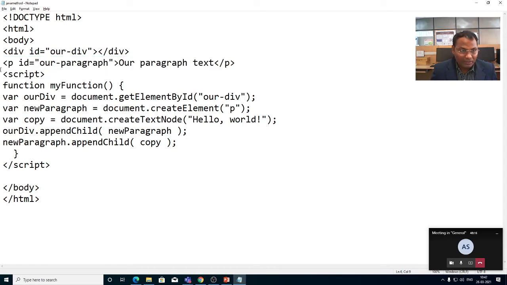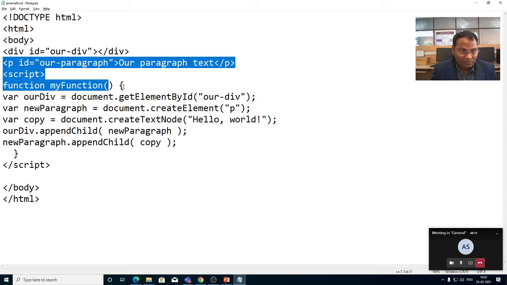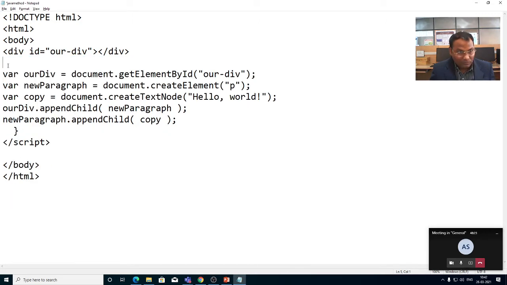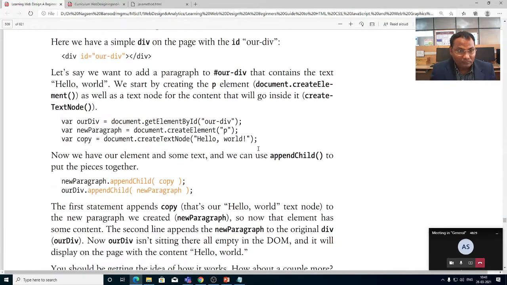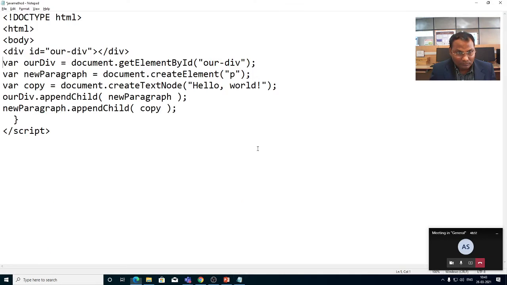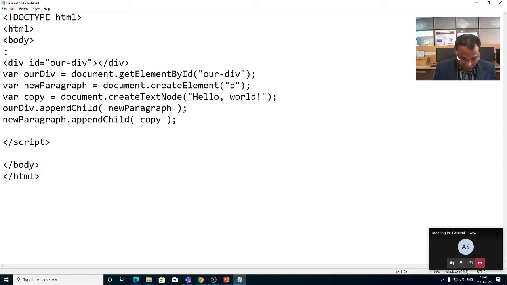Our paragraph text is there. Script. Now we see the output.